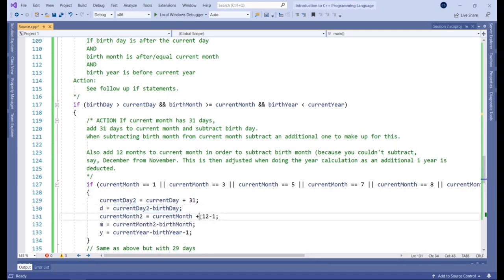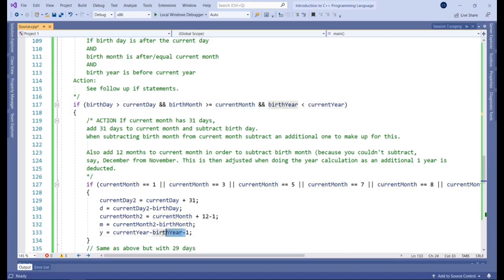But this time, we're subtracting the extra month as we were before, right? But then in this case also, we are adding 12 extra months to deal with the fact that the birth month is after the current month. Remember, we cannot subtract December from November, so we need to adjust it by adding 12 months to the current month.